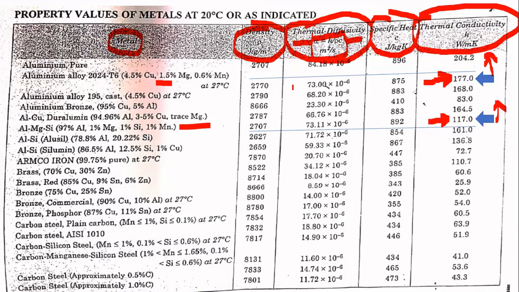But when we see the thermal diffusivity term, it is the same for both, because both will be facing different traffic conditions. In the first case, the density is high. It means it is traveling on a road which has more traffic signals. For the second one, the density is low. It means it is traveling on a road which has fewer traffic signals. Hence, the lower thermal conductivity is compensated by the low number of traffic signals, and both are diffusing heat at the same rate. Both are spreading the sanitizers at the same rate.